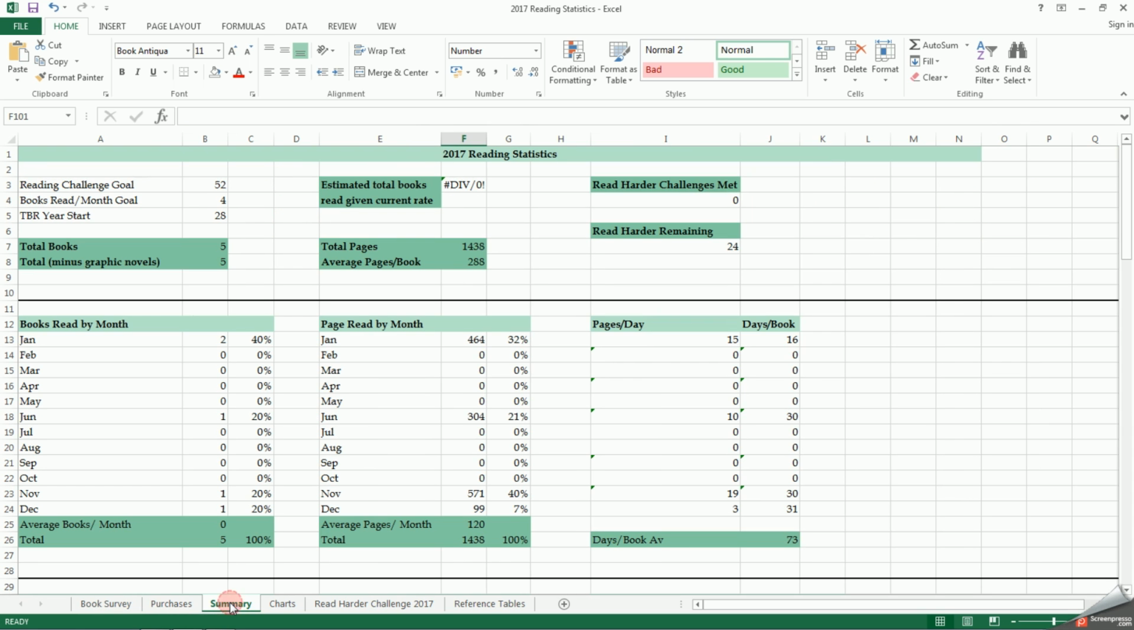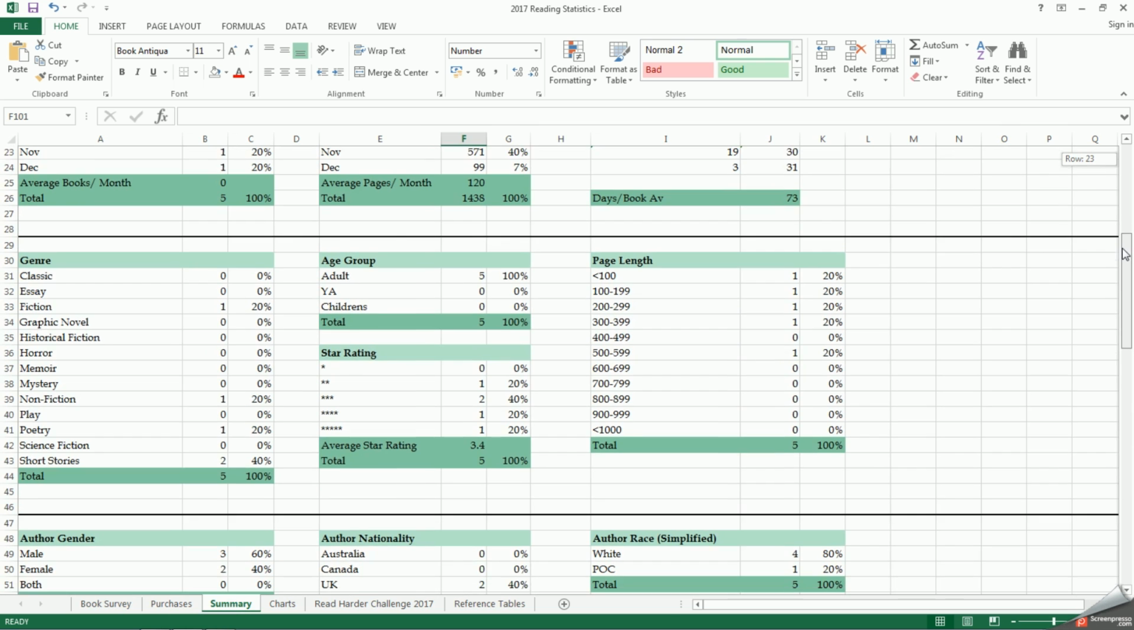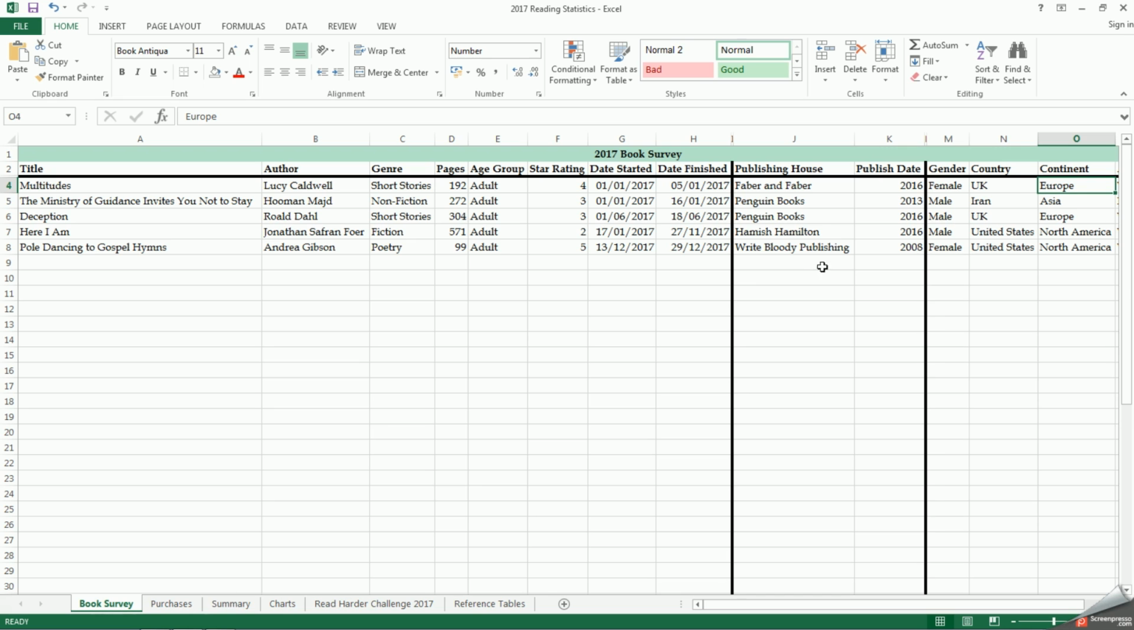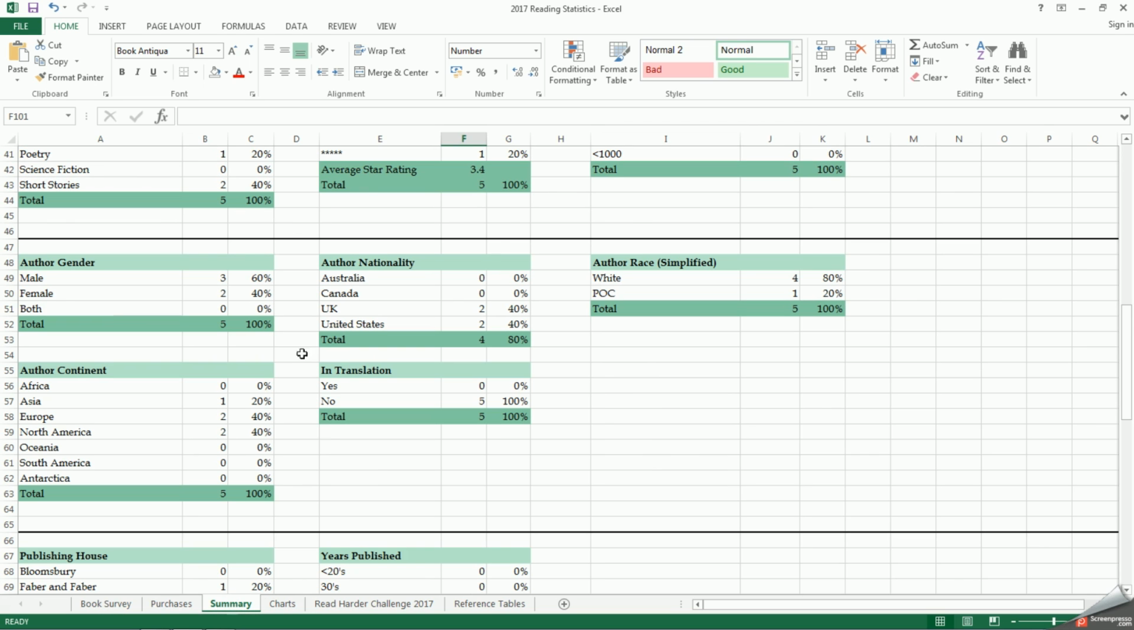Something that you will find is in your summary, I have tended to put in just a few examples in here as opposed to everything possible. So, for example, in author nationality, you can see I've got Australia, Canada, UK and the United States, which is what I read from the most. But if you were beady-eyed in the book survey, you'll see that actually one of the books I read was from Iran. So we need to sort of account for that, otherwise we're never going to see that there's this